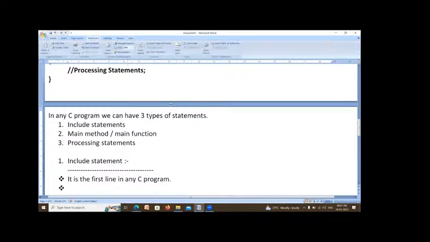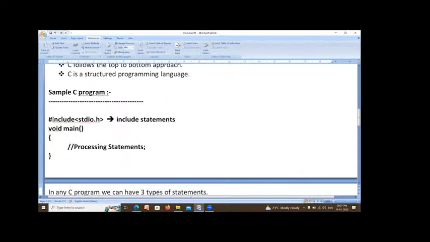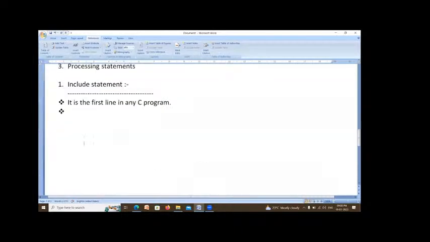So it is the first line in any C program. Right. It always begins with the # symbol. The symbol name is hash.